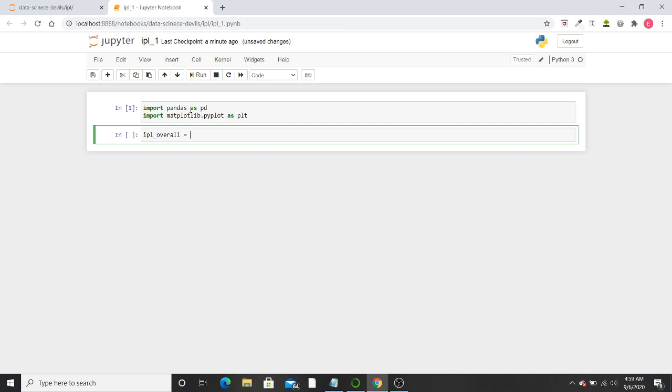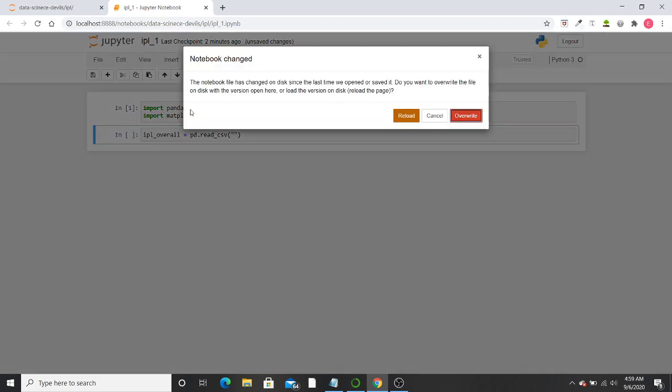Now for reading the data set, we use the read_csv function, but only for those files which are saved in CSV format. pd.read_csv and then your file name.